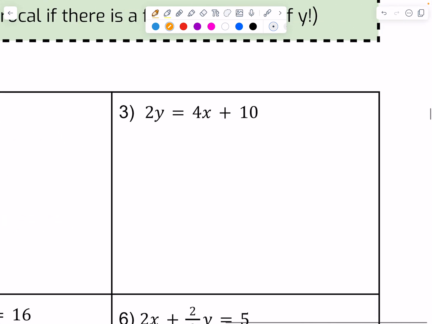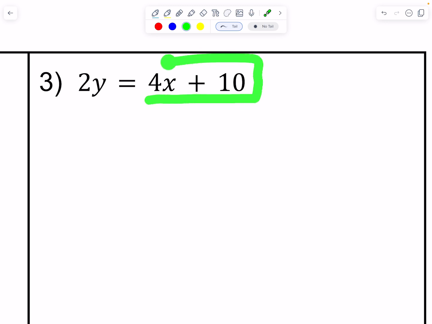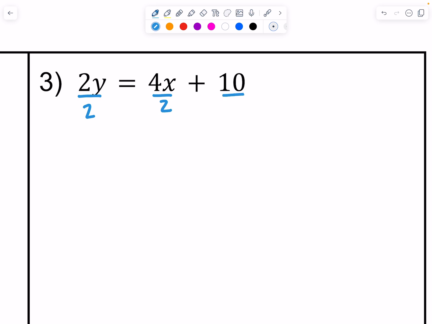All right, let's look at another one. So for this one, we have the x is already over here with our constant. So in that case, that first step has already been taken care of. So we just need to divide by the number in front of y, which in this case is just positive 2. So let's divide everything by 2, and we'll bring down the y equals,